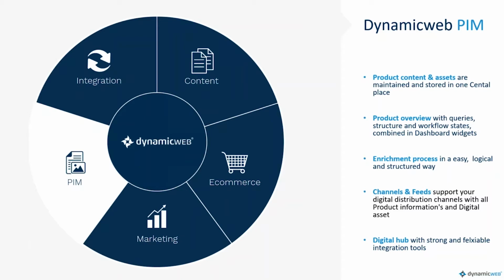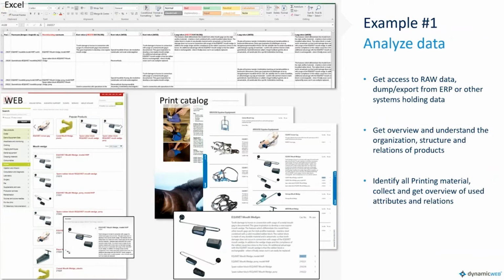So before we go into how it works and operates, let's just point out what the PIM is used for. And I find that showing the diagrams of how you may have seen it in the wild is often how people know a PIM. I ask friends who work in big companies, do you use a PIM? And they look at me puzzled. But in the end, when I ask them, do you use a bunch of Excel files to combine information from your print catalog, from your website, to create a master product information list that combines information that came in from a bunch of Excel files, maybe an ERP, the print catalog and all that, then of course they nod